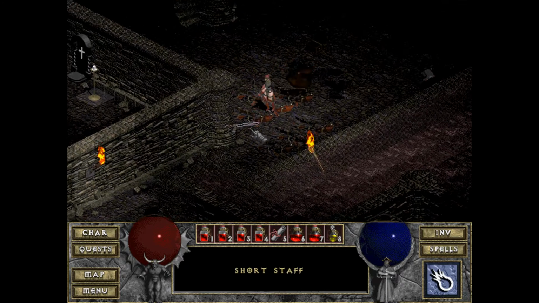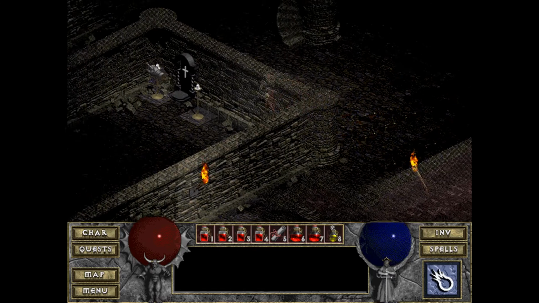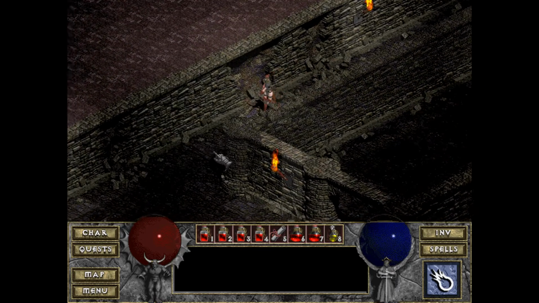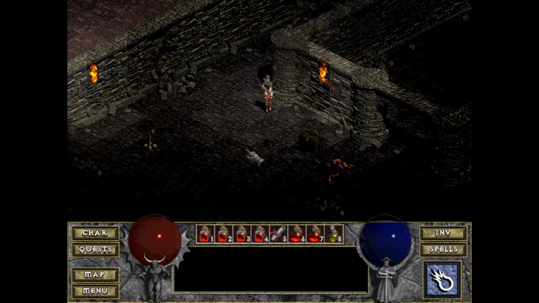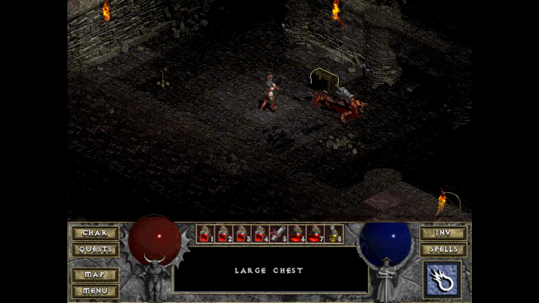Ooh, a unique staff. Okay. Interesting drop. Unique short staff is probably not going to be anything we really need, but unique weapons can be valuable. And unfortunately in Diablo, I'm not sure about Hellfire. Mythical book, we'll read that in a second. I think in vanilla Diablo, not Hellfire,